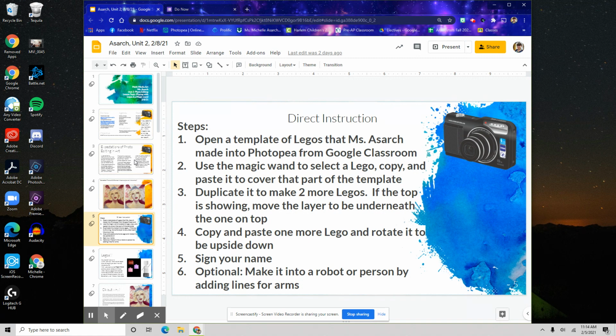So the steps for today are: open a template of Legos, use the magic wand to select the Lego, copy and paste it, and then cover that part of the template. You'll duplicate it to make 2 more Legos, copy and paste 1 more to rotate it to be upside down, and sign your name. You have the option to make it into a robot or person by adding lines for